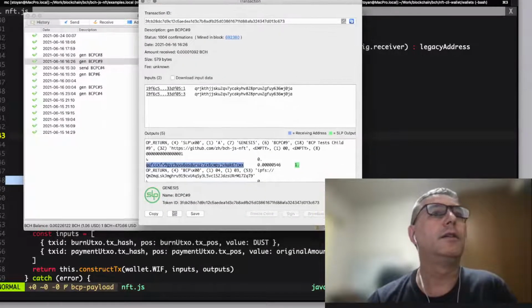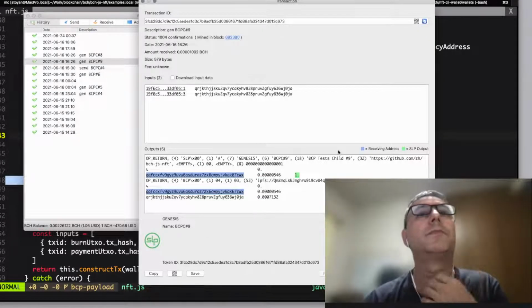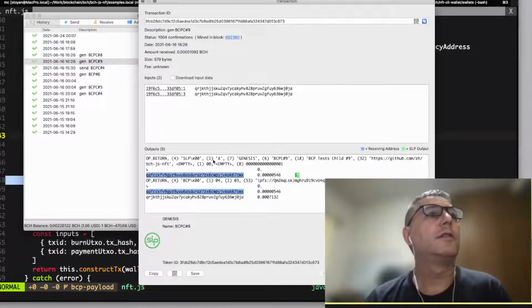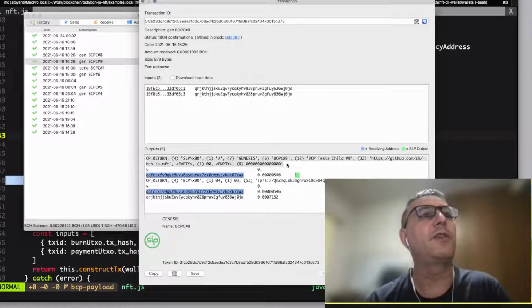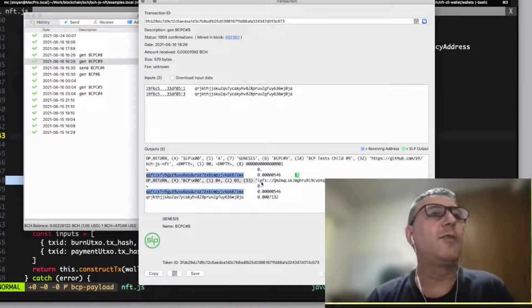So you're taking a group token and generating a child NFT from it, right? Yes. You can see the first OP_RETURN here, which is the SLP one, and the second one here, which is my BCP payload.